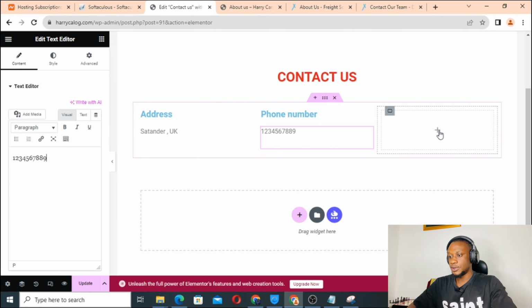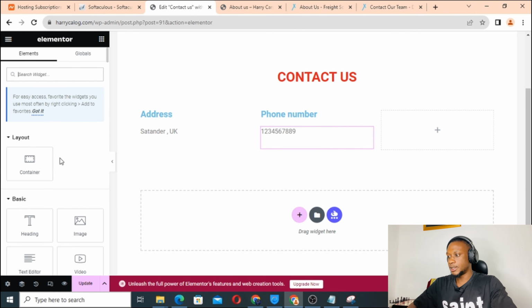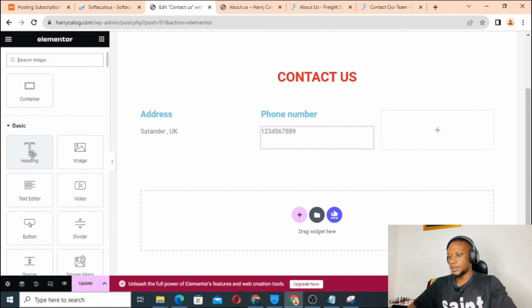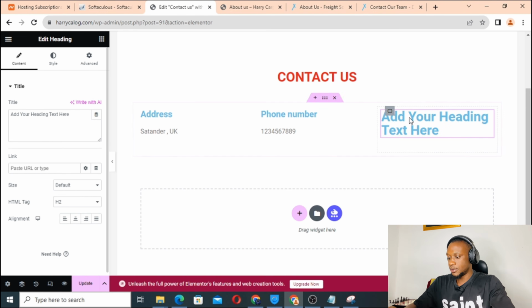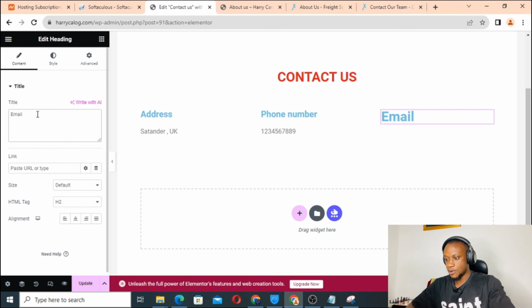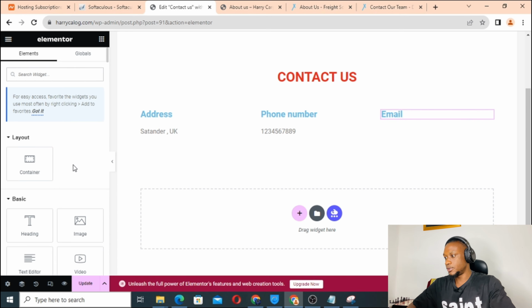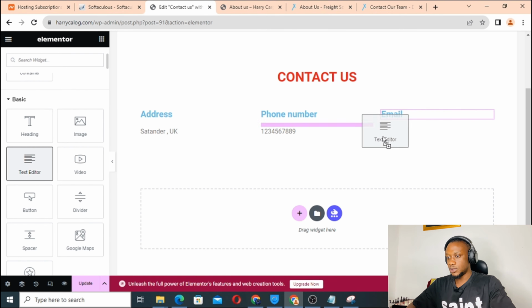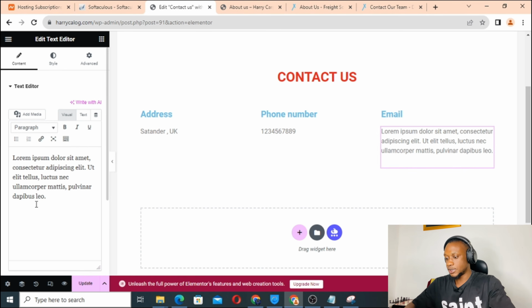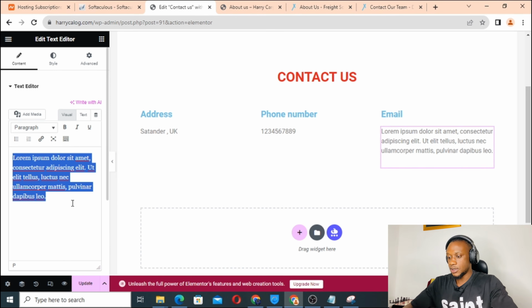Email. Text heading, sorry. Drag it down there, email. All right, then header 4, so it should be smaller. Then what else? Okay, let's add our text here to put the email. I have 2 emails officially for this website, so info at